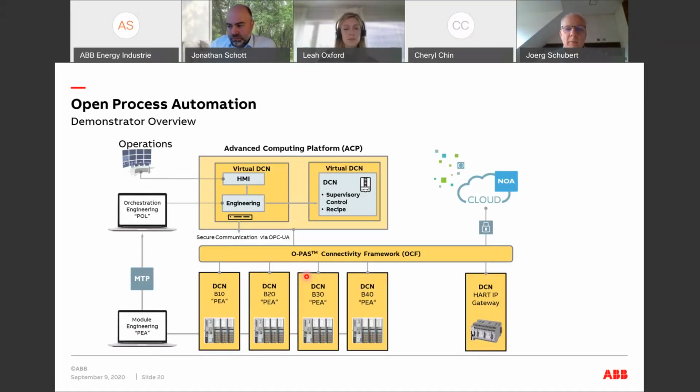And let me complement a little bit here. When we did this pilot with BASF, one of the reasons why we leveraged this modular automation component here was that this engineering wasn't addressed. And for ABB, as a DCS vendor, engineering for the plant is a crucial element. Why did modular automation help here? The answer is quite simple.